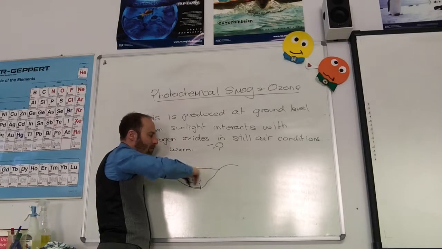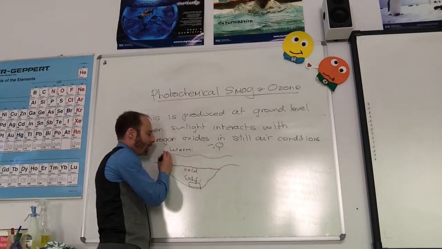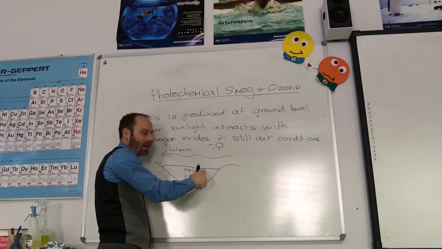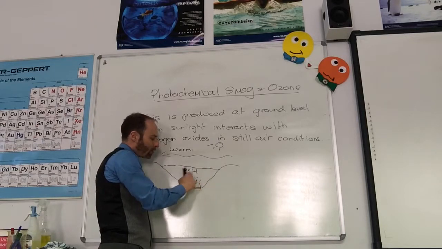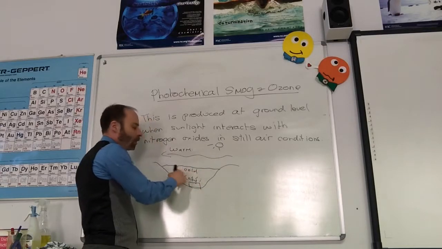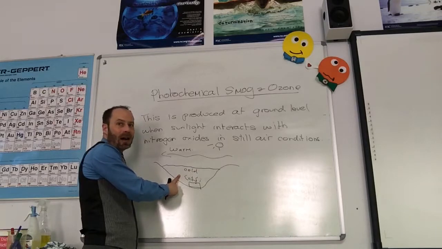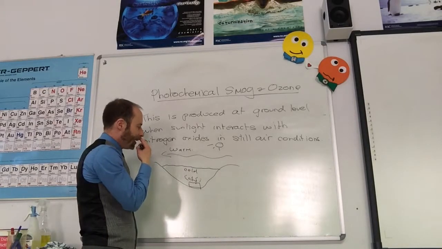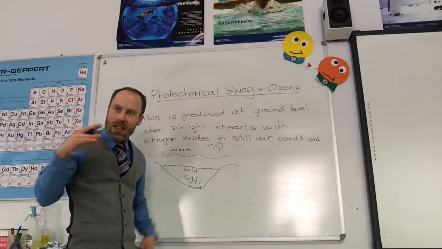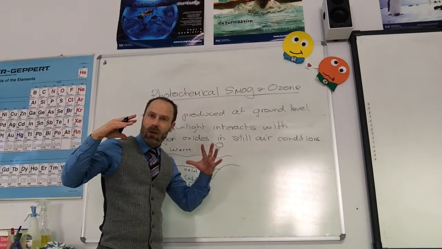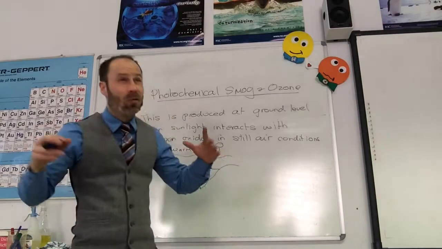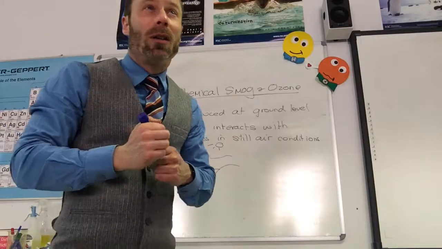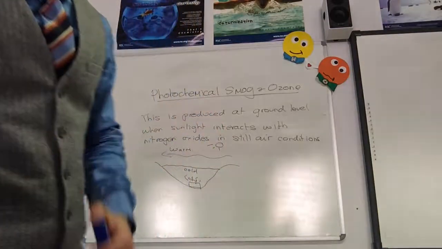You may have wind blowing there, but it's not going to move this air. So you get stagnant air building up, with all the cars driving around and nitrogen oxide building up on a bright sunny day. You get a build-up of pollution in this air, which you need to get away from. You often see that in large cities with still air, where you get this smog. Have you ever been to a city where you get the smog? It's almost like a fog. It feels like a foggy day, but it's actually just